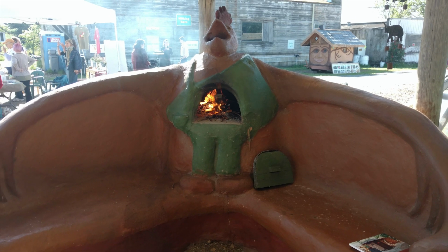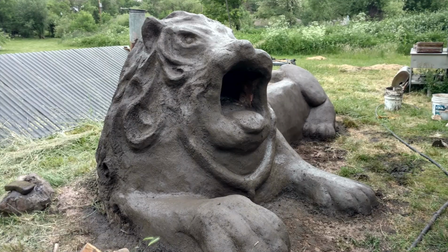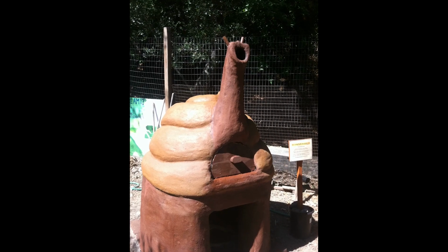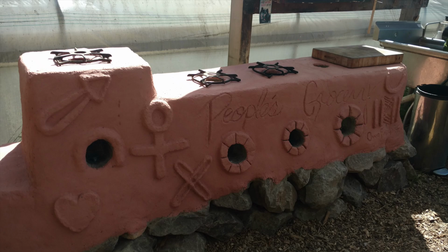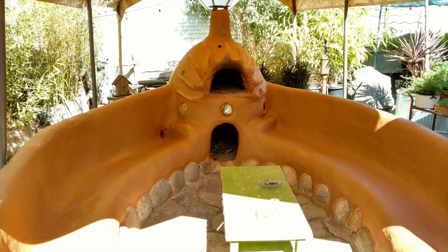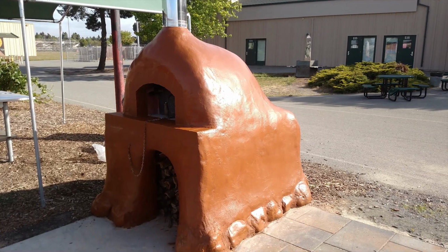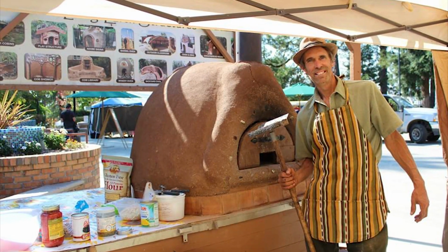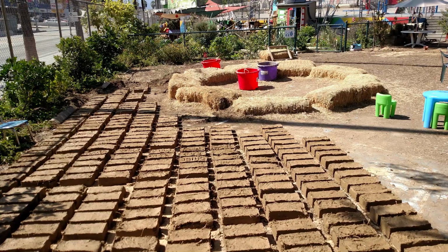and the Cobster oven in Petaluma, and the oven up on Cobb Mountain, and the Lion oven in Ashland, and the Snail oven in Fairfax, and the oven at People's Grocery in Oakland, and the Hardcore oven in Sebastopol, and the oven at Roseland Elementary School, and at Casa Grande High School, and my mobile oven at the Expo, and the Acorn Hut, and making